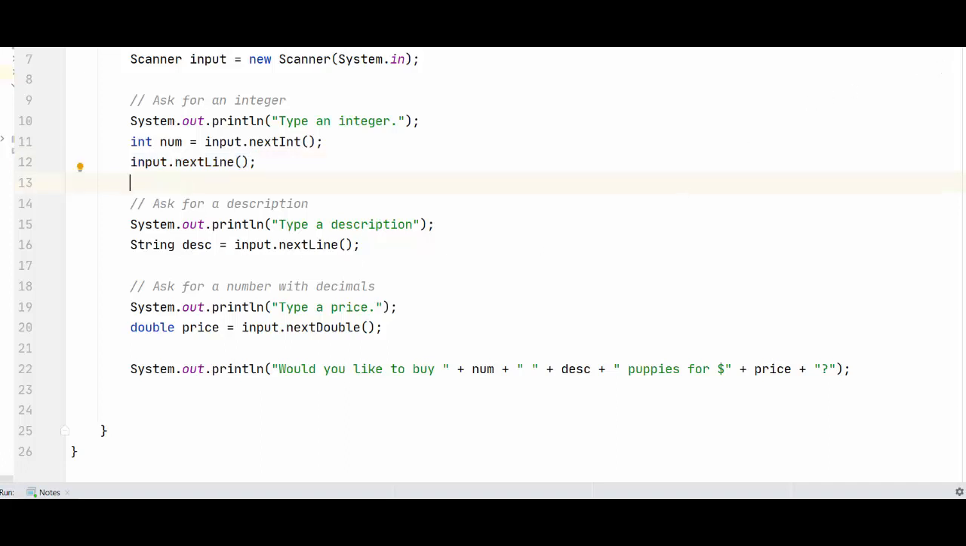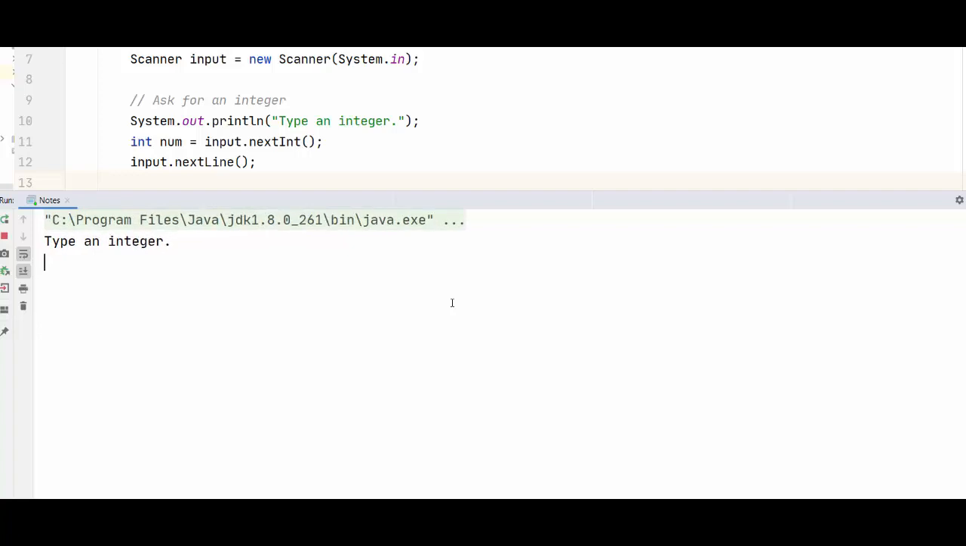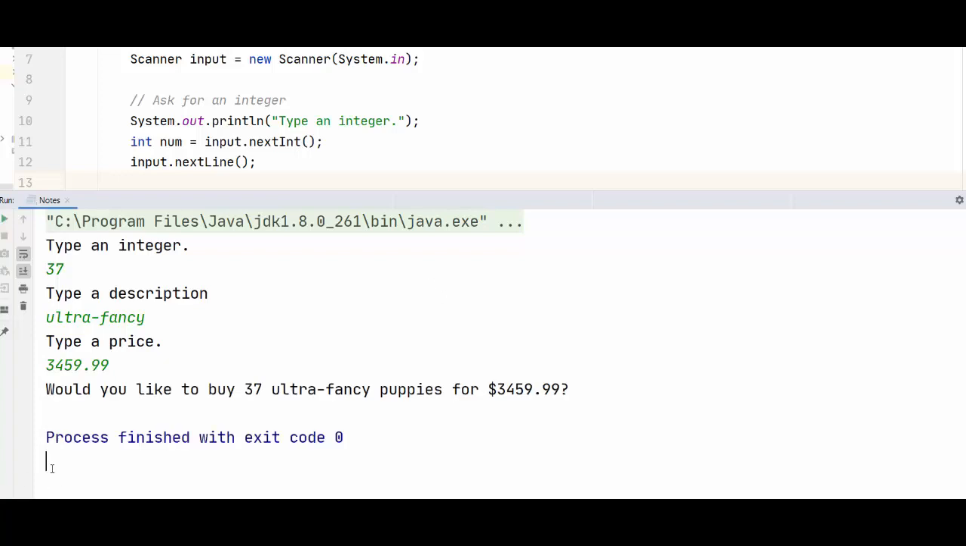Okay, let's run it one more time. All right, so type an integer. I'm going to type 37. Type a description, ultra fancy. Type a price, $3,459.99. So would you like to buy 37 ultra fancy puppies for